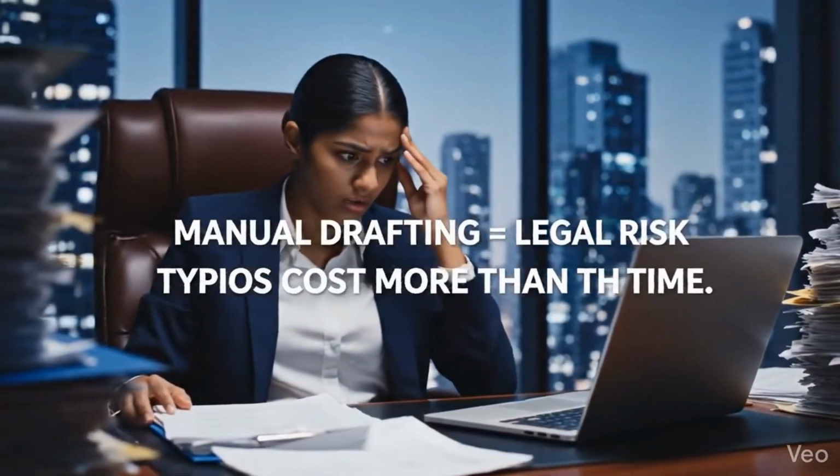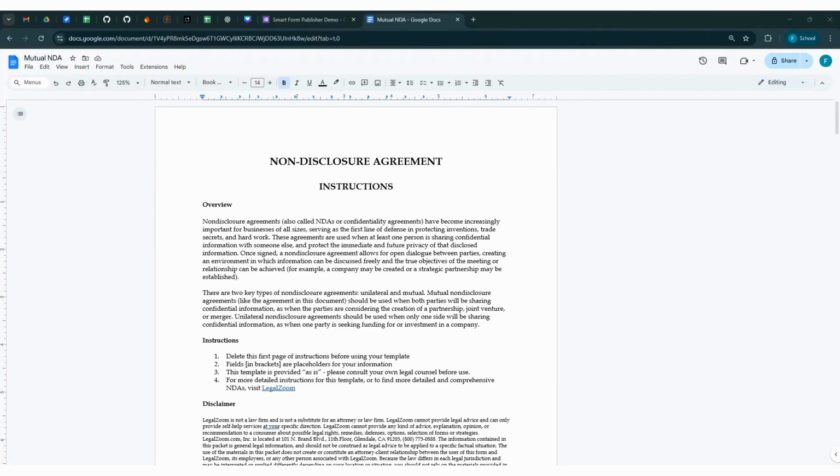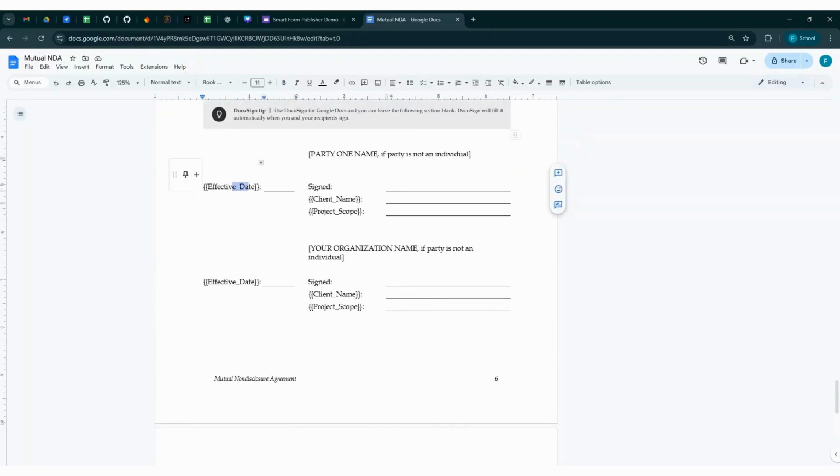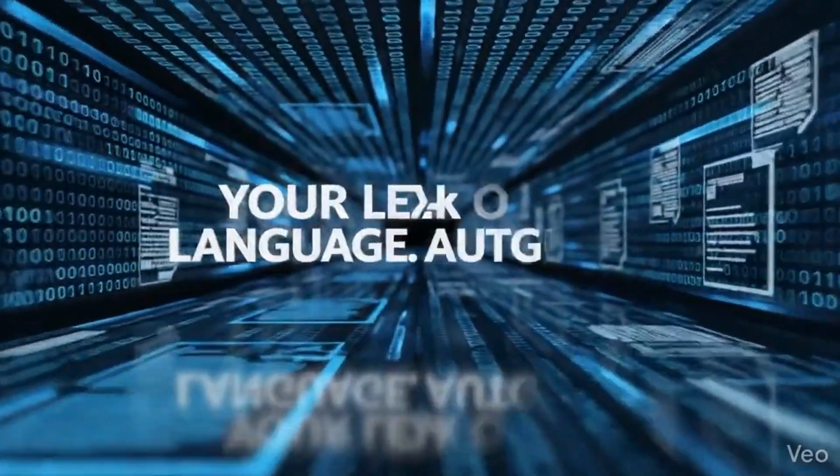With Smart Form Publisher, you can turn a simple Google form into a signature-ready document engine. For contracts, Google Docs is the perfect canvas. You can maintain your exact legal language and branding while using markers to act as dynamic placeholders. Simply place your markers exactly where the variable data needs to go, and let Smart Form Publisher handle the data